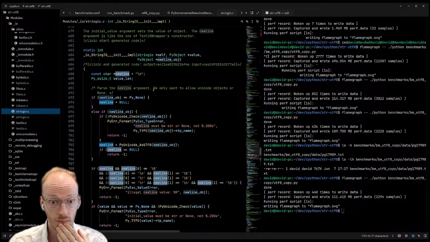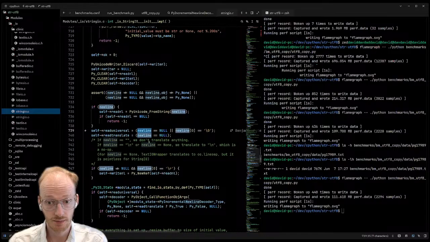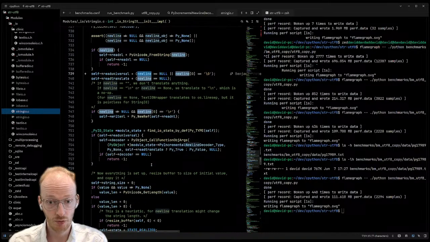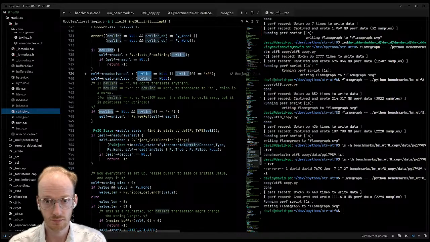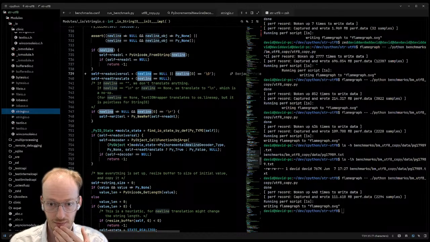And it's translating all kinds of newlines into \n. Oh, right. It's doing the smart thing. Okay, well, that's more things we probably don't need. Yeah. So open the file with newlines to \n.